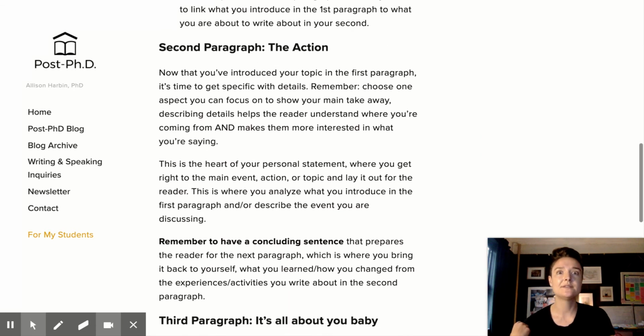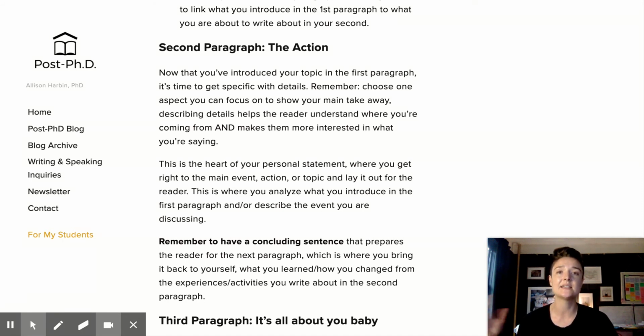Second paragraph, the action. So this is the heart of your essay, basically. Now that you've introduced your topic in the first paragraph, it's time to get specific with details. Remember, choose one aspect you can focus on to show your main takeaway. Describing details of specific events helps the reader understand where you're coming from, and it makes them more interested in what you're saying. So rather than being general and sort of